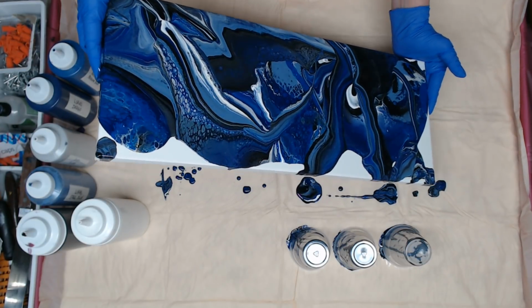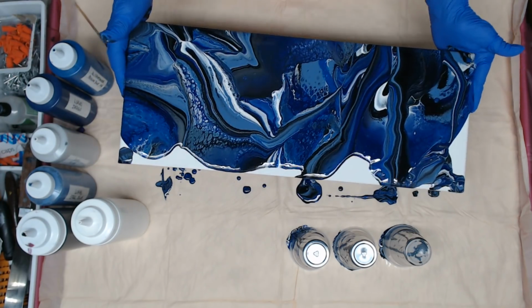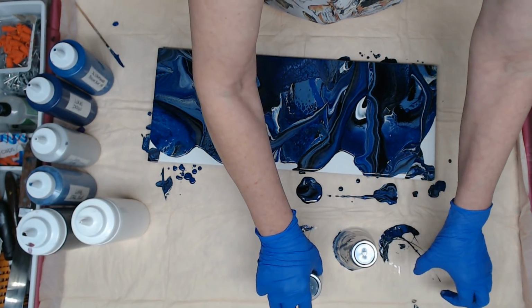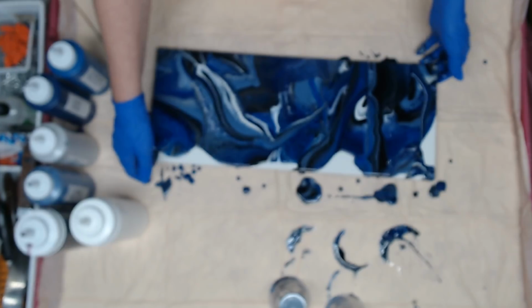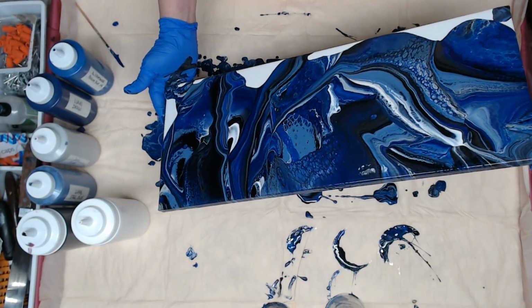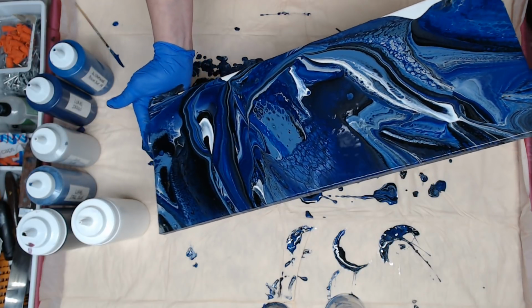I just have a thing for blue paintings. A lot of my viewers are always like, another blue one. But, you know, it's fun to play with all the shades of blue. It's not so much fun to play with all the shades of green. I've tried it. Some of them just don't go together. Same with pinks and reds and